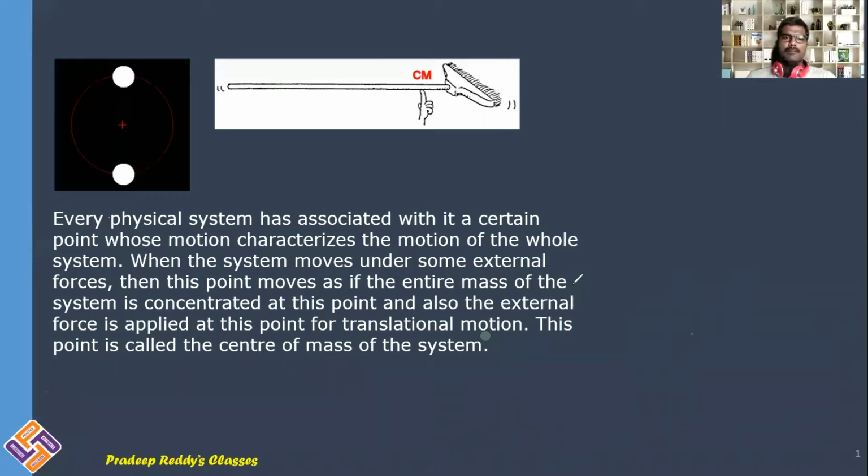Students, in the previous introductory video of system of particles and rotational motion, we have learned the importance of center of mass. When two or more objects are in motion, or if there is a system comprising many particles, in such cases we will be locating the center of mass of that particular system, and after locating the center of mass, we will be characterizing its studies.